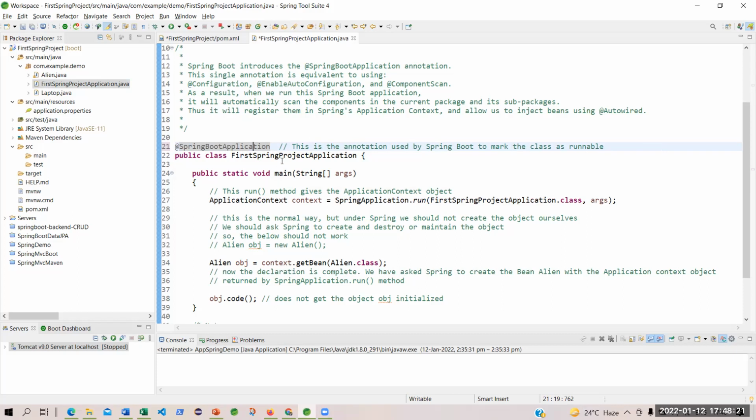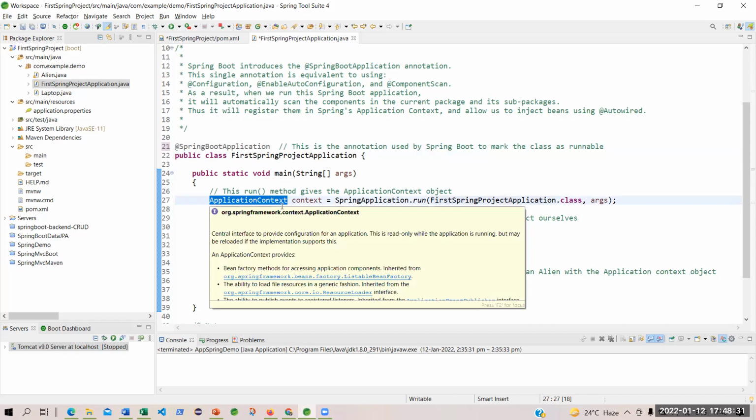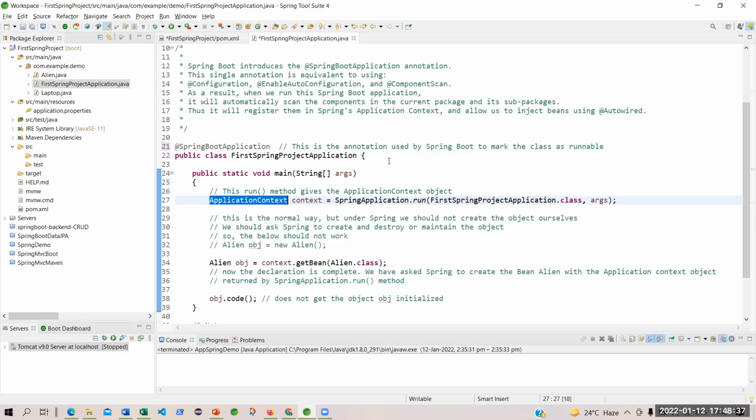Here in this Java class, Spring Boot has given me an application context. This is another class, application context. And I was saying that this is the main thread. So what is the thread?